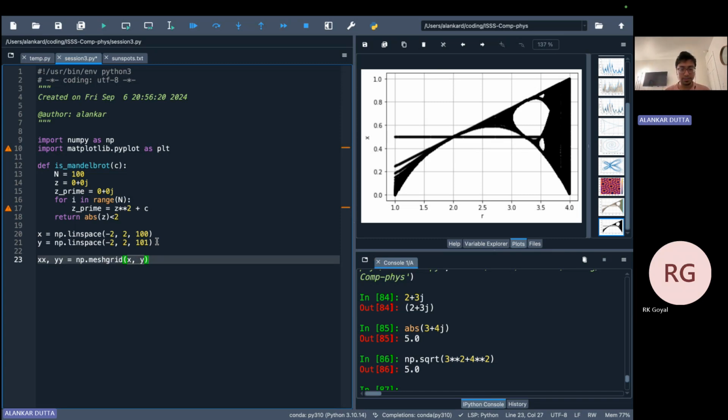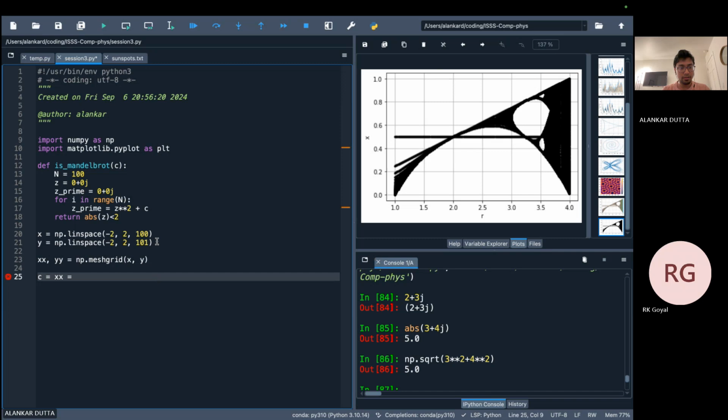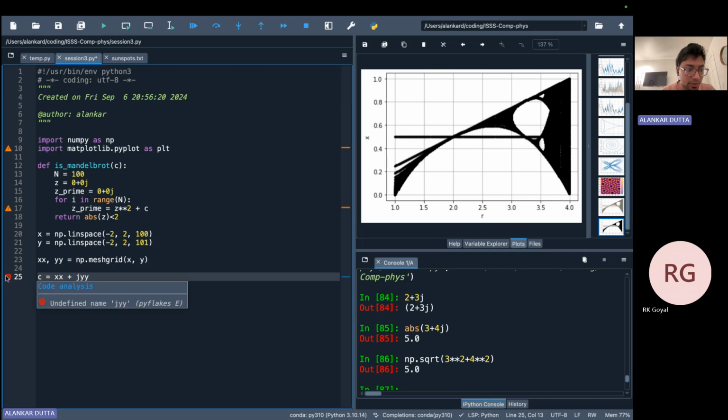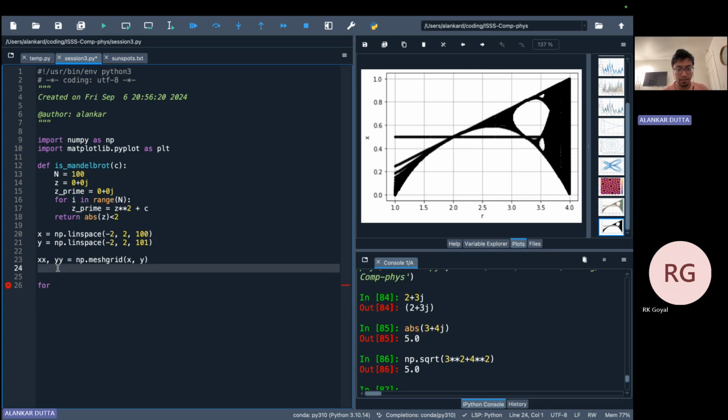So now let's construct C. Then C is equal to xx plus j times yy. This is the complex matrix that we are going to have. Let's see, there is some kind of a problem in here. No, I think I understand what has happened. So we are now going to find out the plot for every x value. So let's call it Mandelbrot